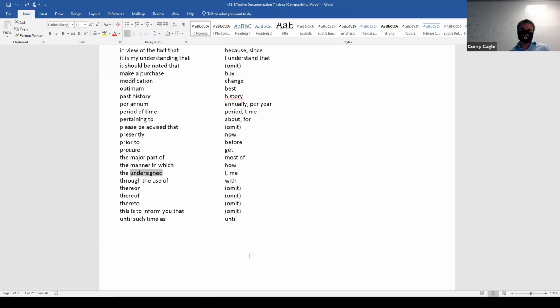Thereon, thereof. Oh, somebody once said they have a procurement department and they say procure. Yeah, I can see that. I mean, for your procurement department, that's probably what you would say, because that's your job, to procure things. Yeah, makes sense. Maybe for accountants it doesn't really make sense, but for companies like that one, they have a procurement department. So I think it depends on industry. Yeah, it does. It depends on where you're at.